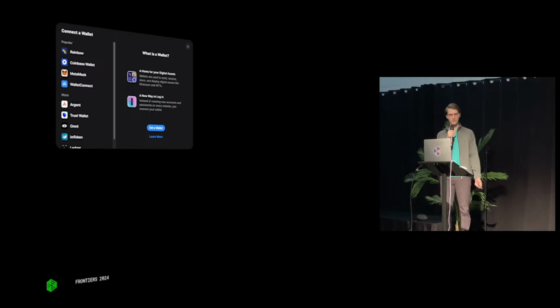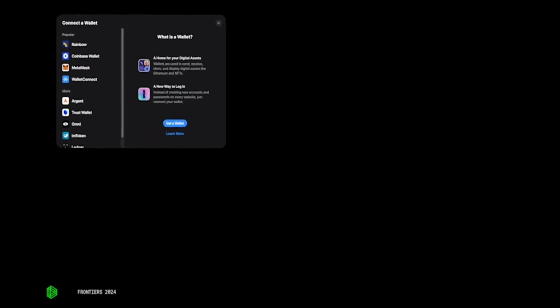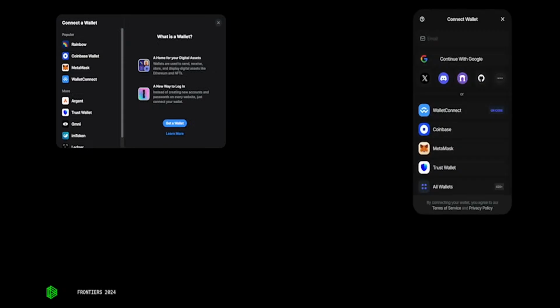So yeah, once WAGMI was released, we started seeing a bunch of these pop up. RainbowKit, which a bunch of people here have probably used or seen before, was probably one of the first libraries that built on top of WAGMI. This is the new modern Web3 modal, but they had another iteration on that.